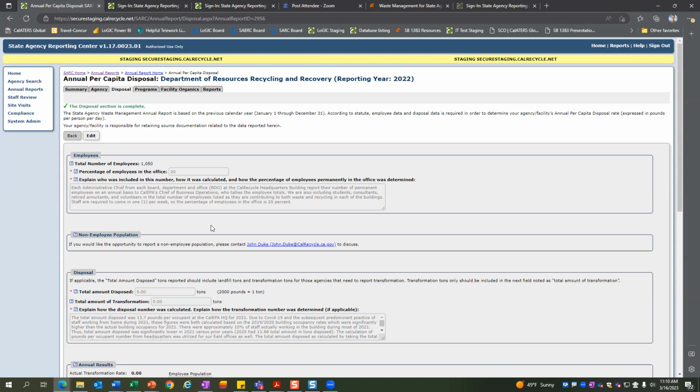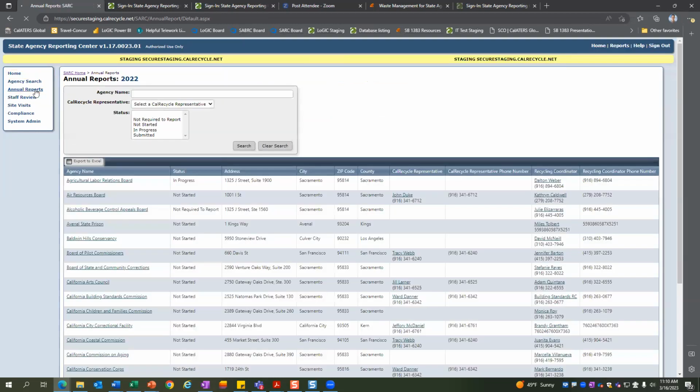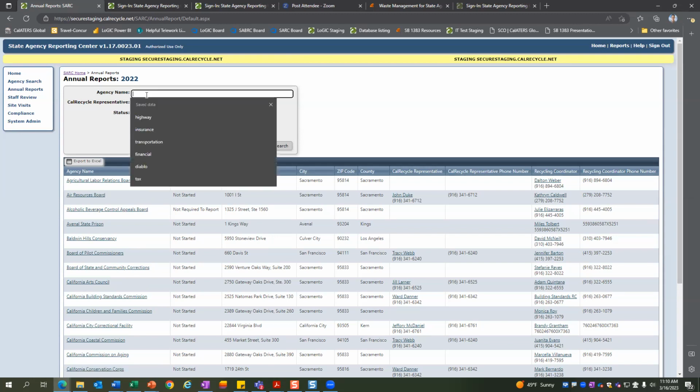So when I'm doing the report, can I save it and do it over a period of time, like a week or a month, as I gather information? Yes. Once you have that, you won't have as many options as I have over here. I think you'll probably just have home and annual report. I have them all because I'm admin, so I can see them all.